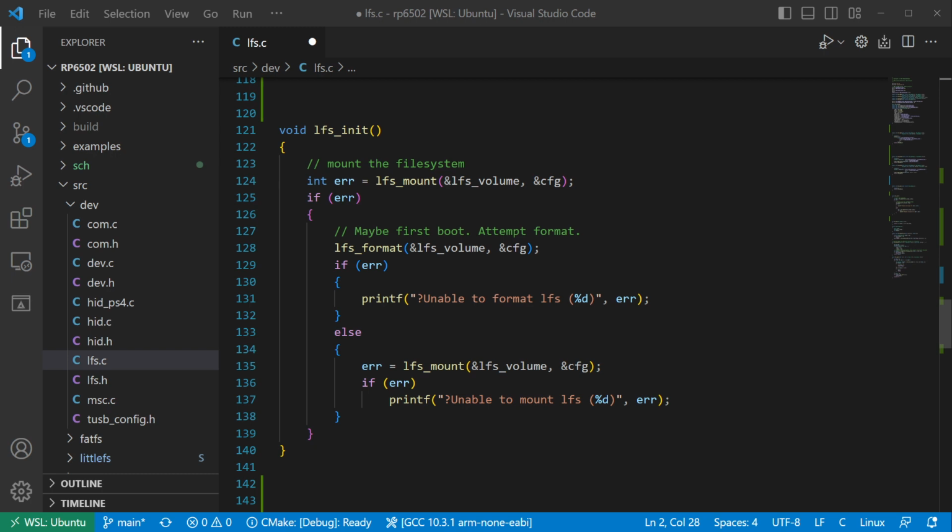Once this is all set up, you can mount the volume, but that won't work on the first boot since the volume isn't formatted. So I did what the README said. If the mount fails, just format it and go again. I don't unmount since the chip can't be removed and I don't need to recover the memory buffers. Once the drive is mounted, you can LFS open, LFS read, LFS write, you get the idea. Just like with TinyUSB and FATFS, the heavy lifting was done by the library authors. You just need to connect LittleFS with the PyPico SDK using a small dab of glue.